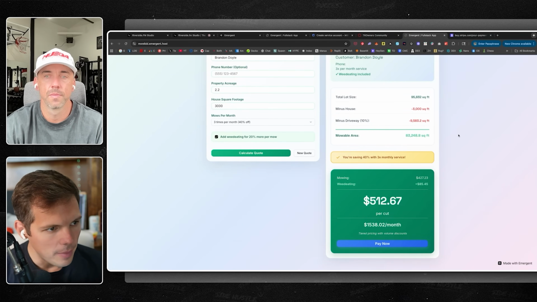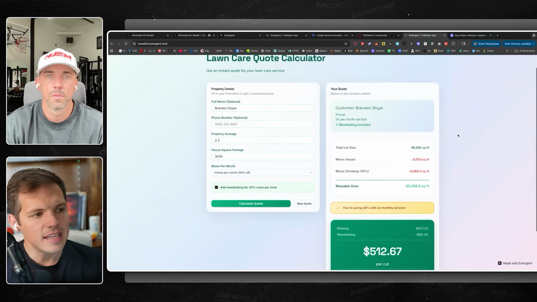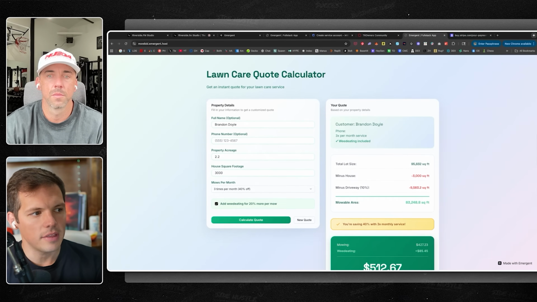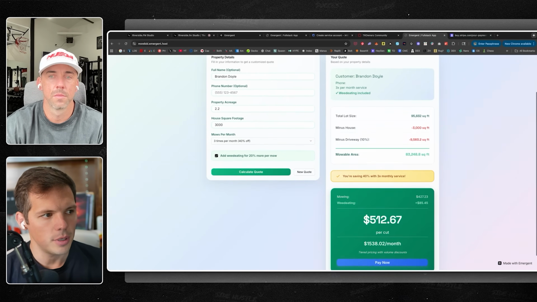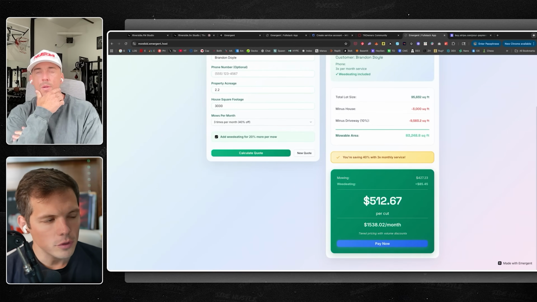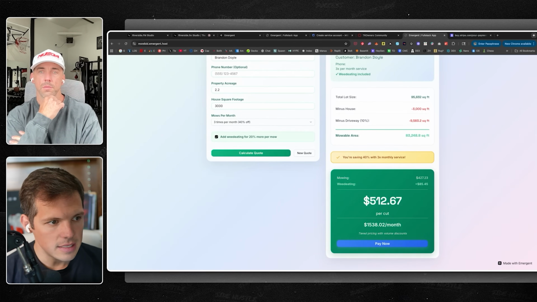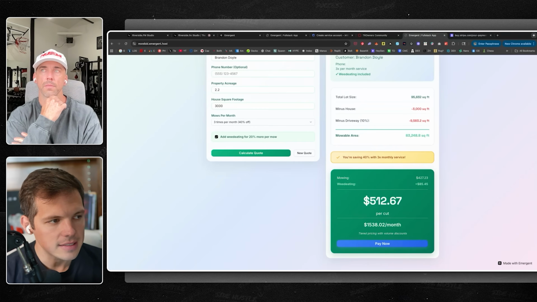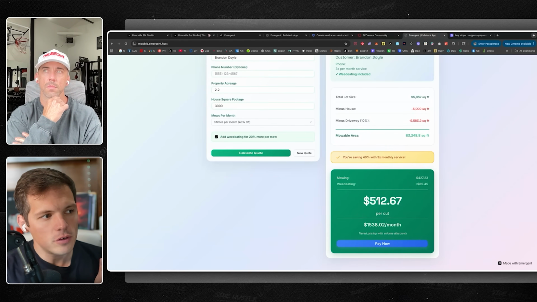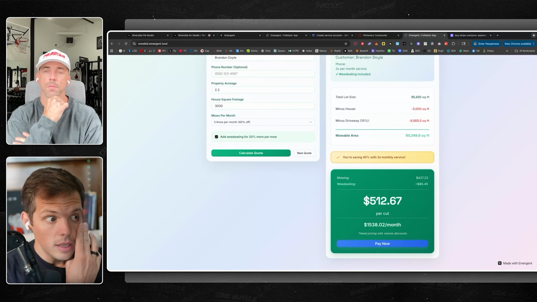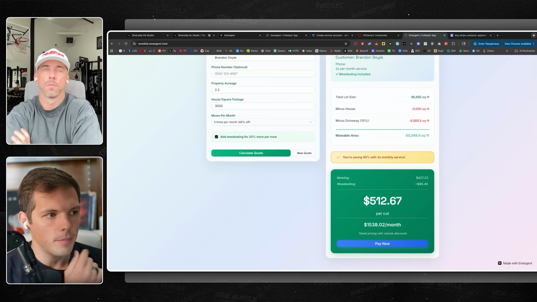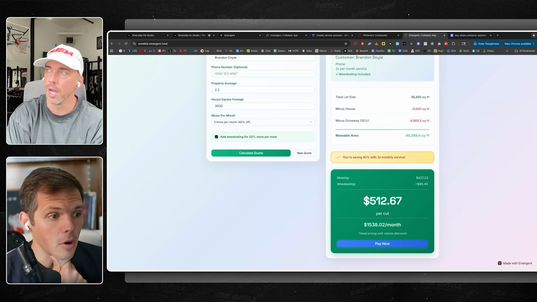What I don't like about mine now that I see it is it doesn't scale the discounts enough based on the property acreage. 512 for 2.2 acres is still too much. I know in Texas, there have been a few times when I've gotten 2 of my acres mowed and weed eated, and it was like $200. Yeah. Well, maybe in some markets.